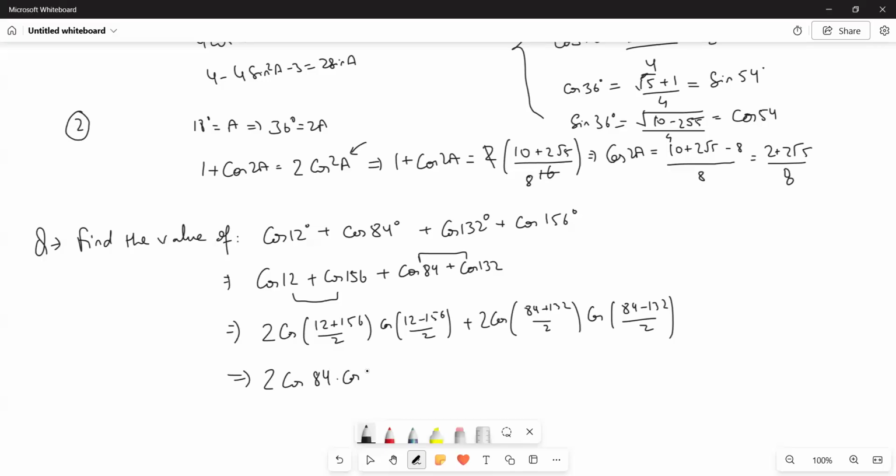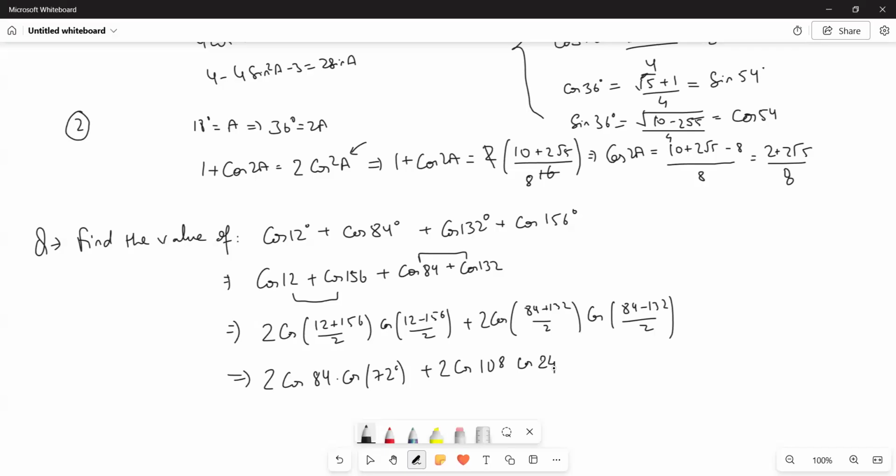Minus 72. 72 आएगा ना? हाँ सर, minus 72. कॉस में माइनस नहीं होता। और 2 cos सेकंड एंगल क्या होगा? ये 132 प्लस 84 by 2। सर 108. और ये आ जाएगा cos of 132 minus 84 by 2। कितना? सर 24। हाँ सर।